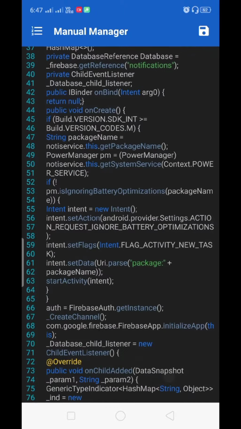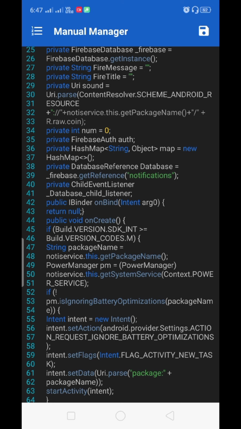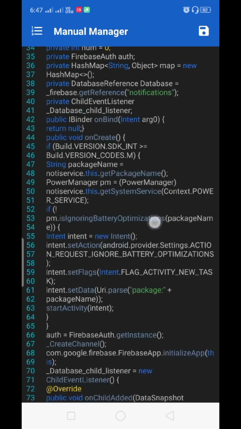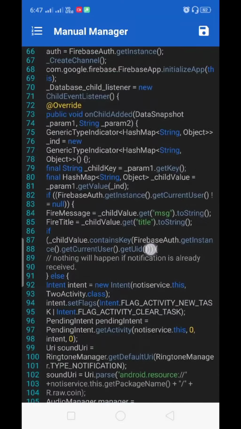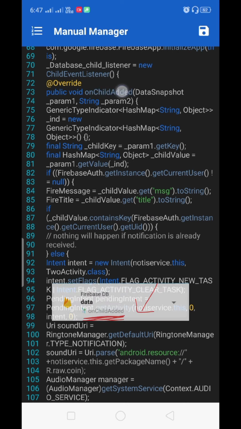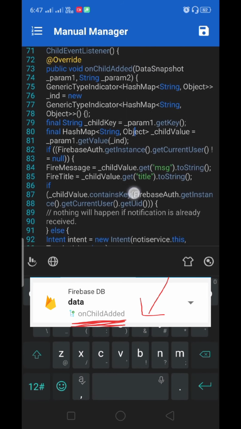And one last fix that I have to discuss is that the notifications are repeating again and again. So to solve that, I have created one more thing. Okay, where is our onChildAdded? Here is our onChildAdded event of our Firebase database. So in here,